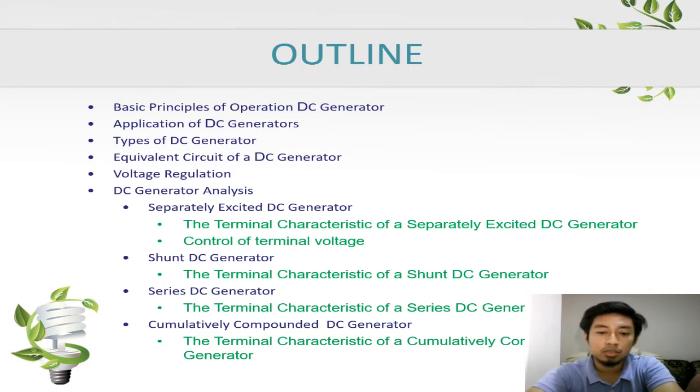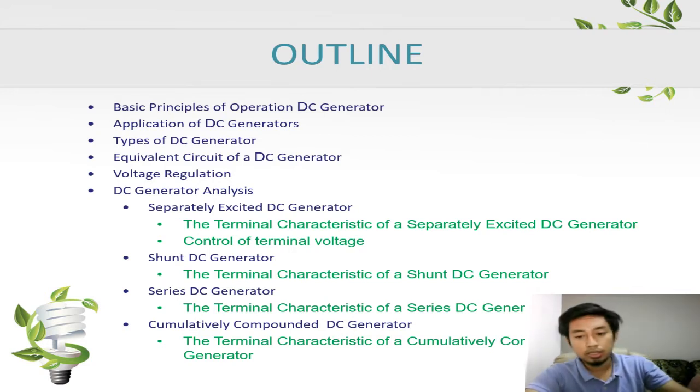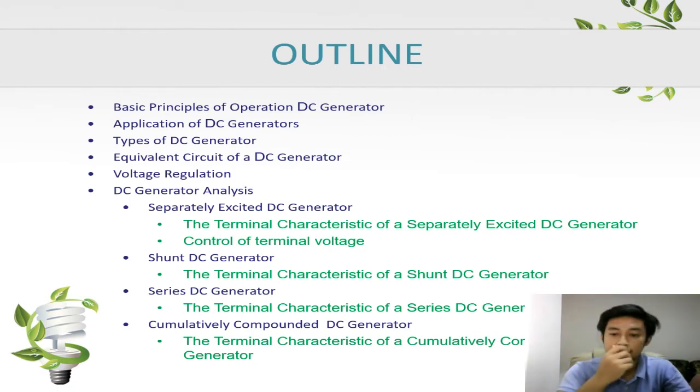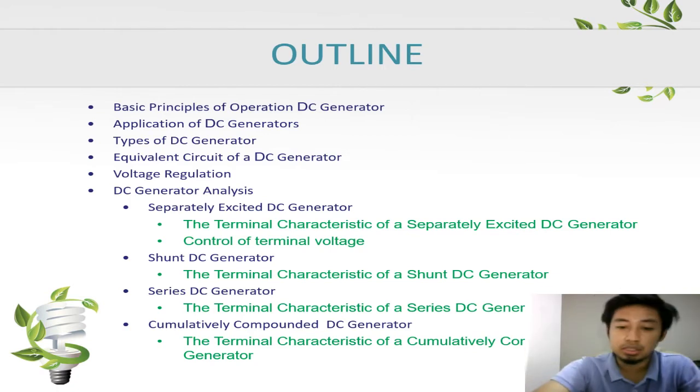Based on the motor, we have learned about the output in terms of speed and torque. But in terms of the generator, we want to look at the current, the power, and the voltage output. This is the part we will learn on the generator. After we cover this part, we will cover the motor losses and the generator losses for this machine.